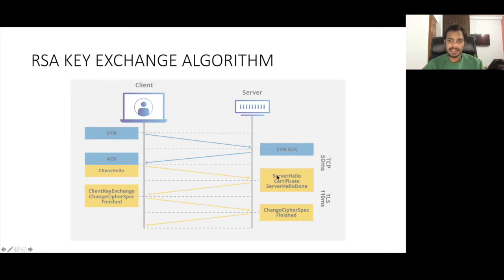The client will receive these messages from the server. Then the client will reply with three messages: client key exchange, change cipher spec, and finished. And at last, to close this handshake, the server will reply with change cipher spec and finished. I'm not going to explain what each term means here because I have explained it in the last video, and I don't want to repeat it.